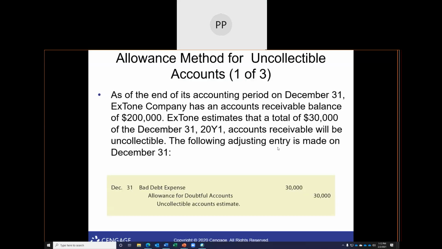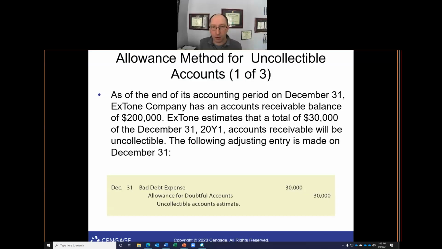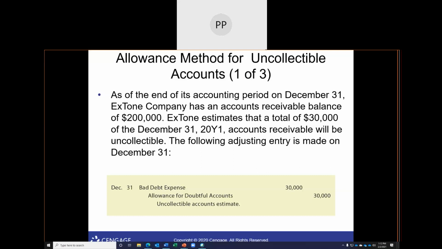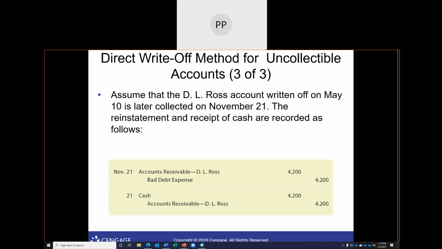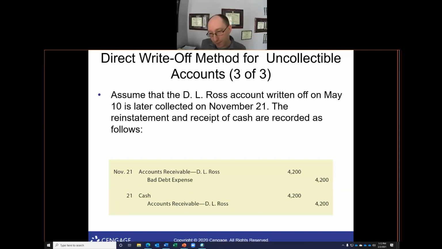Yeah, Pavle. Do we need to charge, for example, for that 4,200, whatever the amount was, do we need to charge that person some interest rate or not? You don't have to. Some companies might do that. But if you're going to do something like that, you need to disclose it in the agreement up front. You need to disclose that to your customer up front if you're going to do something like that. You could. Good question.